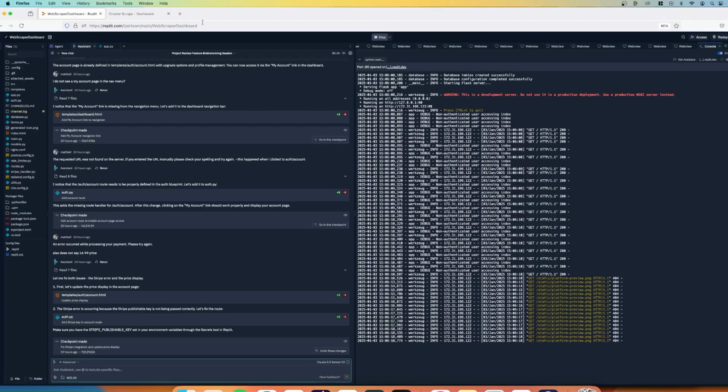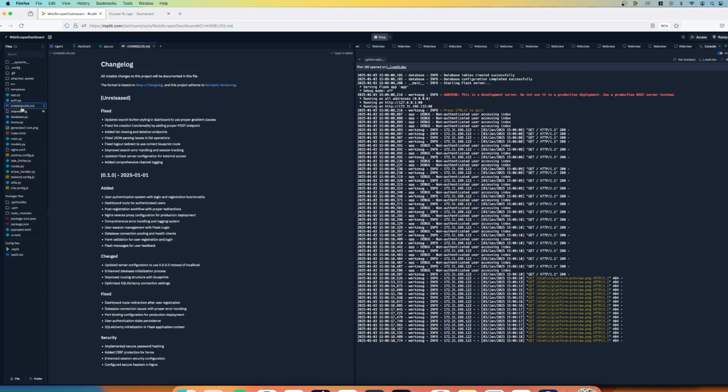Now, if I have any errors, what I can literally do is just prompt it right here and say, hey, this is the error I'm getting, or I can look in the console and say, this is what's showing up, paste it in here, and it'll figure itself out. And one of the hacks I learned recently was that if you create what is called a channel log, you can literally get Replit to describe the changes it makes so that every new chat you have actually references those changes that it made previously. And so that way you reduce the number of times that these AI tools crash.